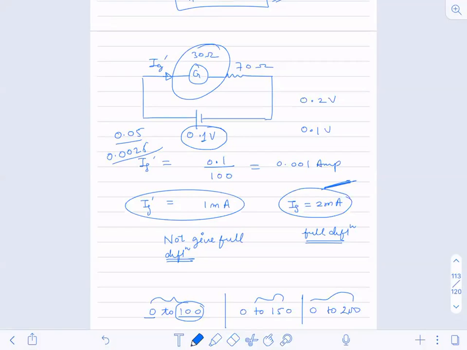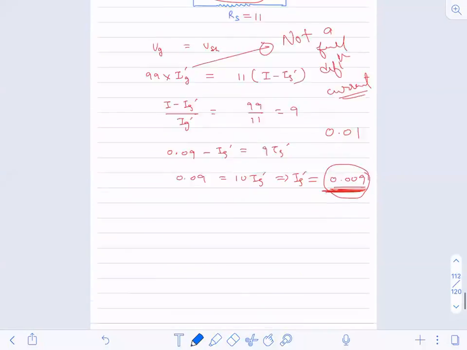So if they are asking for the range, suppose you have to construct a voltmeter of range 5 volt. That means 0 to 5 volt you have to consider. So 5 volt will be the design value. You will manufacture it corresponding to 5, because my device must be ready to cope with that 5. If it is able to cope with 5 volt, it will be able to cope with 3 volt and 2 volt also. Understood? This is how everything is done.